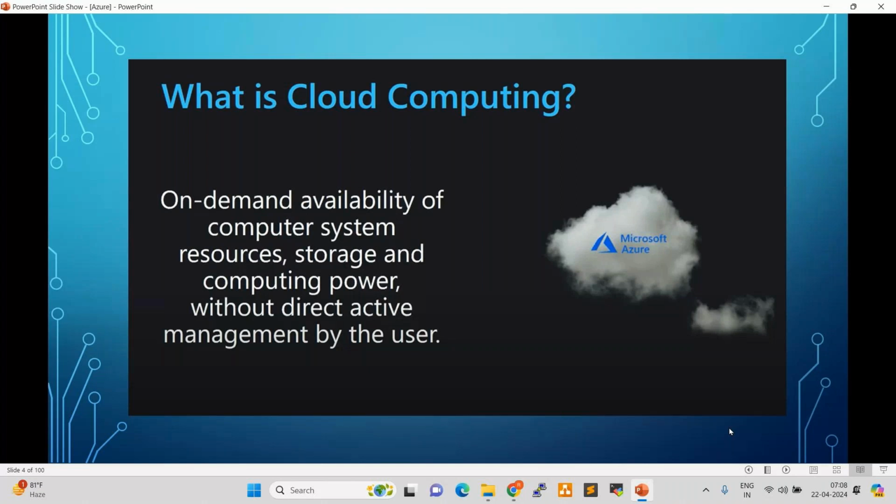Our infrastructure is no longer sitting inside our local server room or local data center. Rather, it is being offered by a cloud provider like AWS, Azure, or Google Cloud. Whatever servers and resources we require, we can take from the cloud and use them. For that usage, we have to pay the bills. Currently,